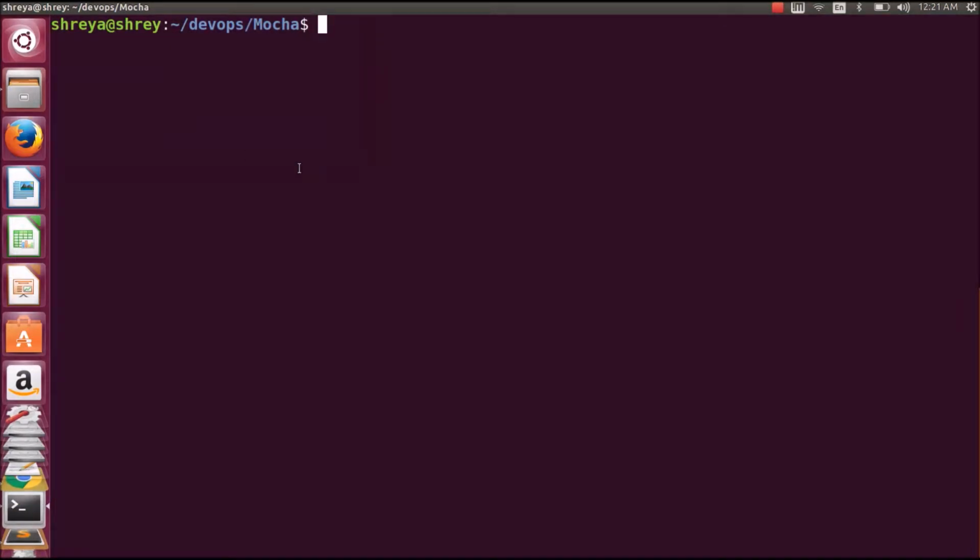Now that we know what Mocha is, we will go through the demo of the tool. We will start by writing a simple test case using the Mocha library. So let us open the test file,